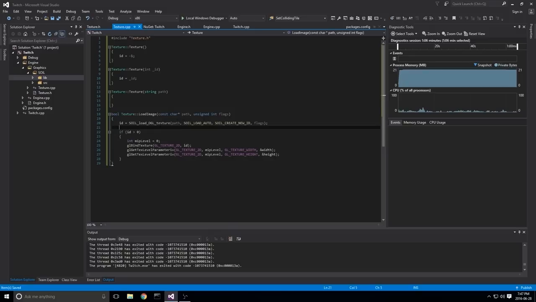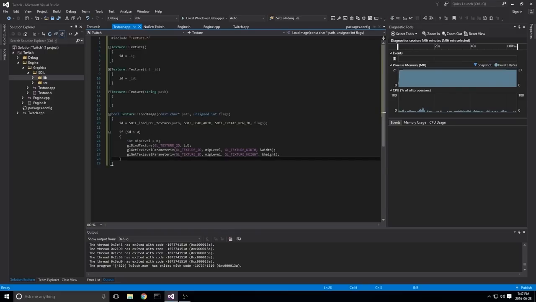So what we're doing here is loading the texture, giving it an ID that we keep track of, and if it's a valid texture, we're going to go ahead and set our MIP level, glBindTexture. We're going to bind our texture to GL_TEXTURE_2D, so we can reference it here when we get the parameters. And when we get the parameters, we want to pass in GL_TEXTURE_2D, the MIP level, the width, this is what we're asking for, the parameter name is the texture width, and we're going to store it in this variable. Same with the height. And that's it. And otherwise, if the ID is less than or equal to 0, something went wrong.